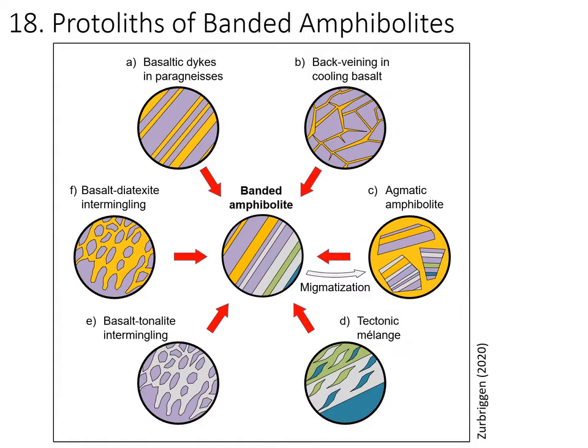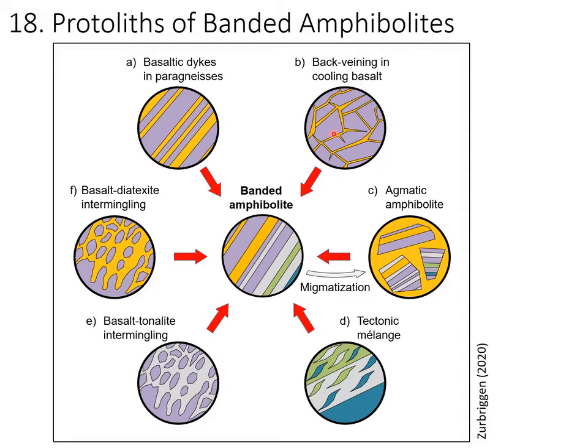This is a scheme to visualize how you can make banded amphibolite formations from different protoliths. So you can have basaltic dike swarms intruding paragneiss, or you can have intermingling of more mafic with intermediate or felsic magmas, or you can also take a tectonic melange, or you melt older banded amphibolite formations and deform these magmatites again, or also the backveining of cooling basalts which